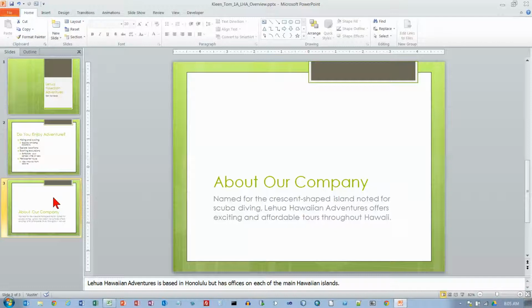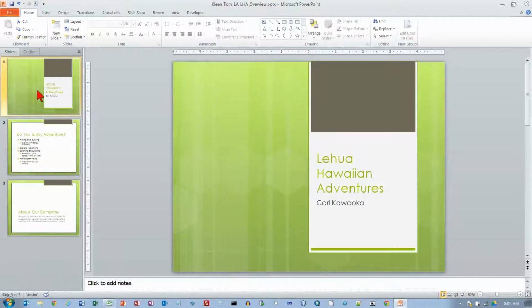So we want to be on slide 3, and we are. I'm on the bottom of page 667 now. On the left side of the window in the slides outline pane, point to slide 1. Okay, they didn't say to click on it, I just wanted us to point at it, I guess, and the title of the slide will appear in a tooltip. And now on page 668 we can click on it, and in the subtitle we want to click at the end of the word tour,